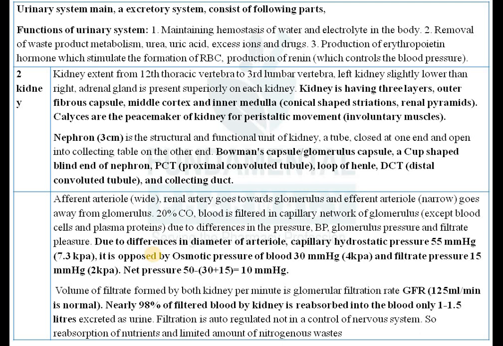Nearly only 1 to 1.5% of filtered blood is being excreted. मतलब आपका अगर 1 लीटर ब्लड फिल्ट्रेट हो गया तो उसमें का सिर्फ 100 ml या फिर 150 ml एज अ यूरिन निकल जाएगा, बाकी सब रीअब्सॉर्ब होगा। तो 90% ऑफ फिल्टर्ड ब्लड इज रीअब्सॉर्ब्ड इन द किडनी, ओनली 1 to 1.5% इज एक्सक्रीटेड, ठीक है। सो दैट इज बिकॉज ऑफ सिलेक्टिव रीअब्सॉर्प्शन, ठीक है। सिलेक्टिव रीअब्सॉर्प्शन होगा, जो भी आपका न्यूट्रिएंट है, जो भी आपका सॉल्ट्स है, अमाइनो एसिड्स है, विटामिन है, दैट विल बी रीअब्सॉर्ब्ड इन द किडनी, ओके, फिल्ट्रेशन के बाद।